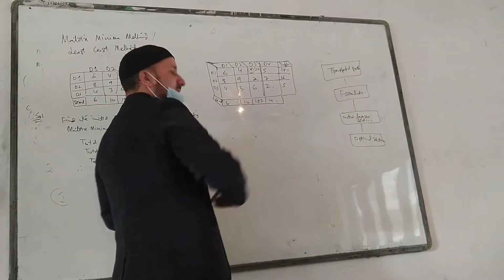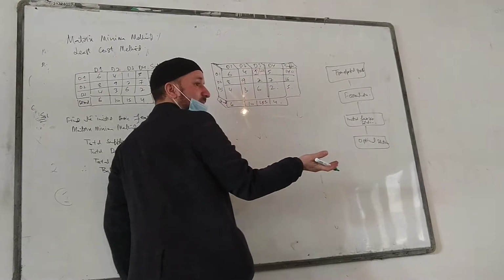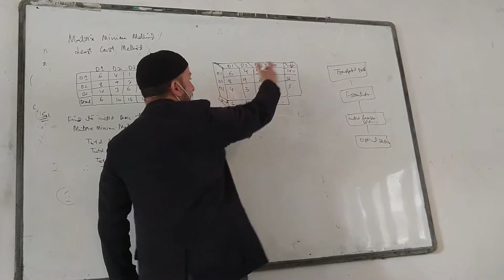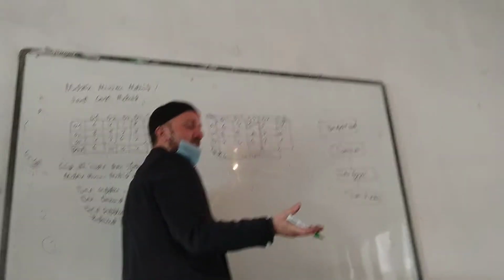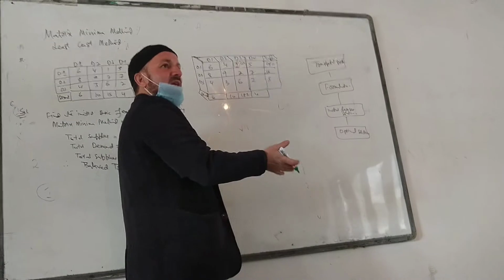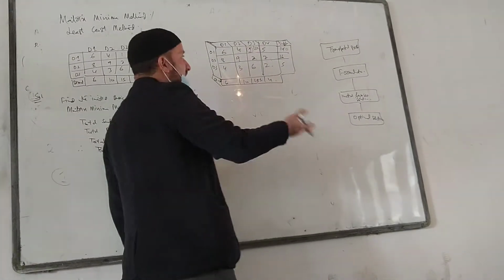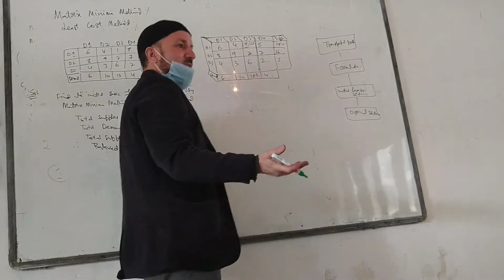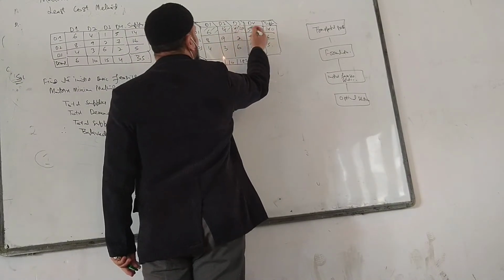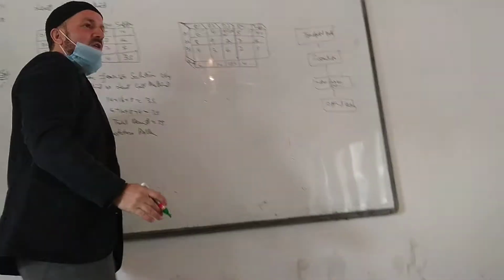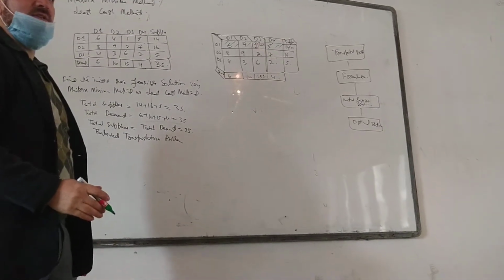Now is anything left? That means I cannot assign anything to 5, 4 or 6 from this because 0 is left. Because I assigned the whole 14 to it. If I give more to 5 or 4 and 6, where will I get it from? The supply was only 14, and I gave it to 1. So where will I get more from? I cannot give to 5 and 4, I have spent it all. Okay? So that means I will gray it out. That means I cannot work with any of this now. I have assigned this row. This is done. I'm done with this.